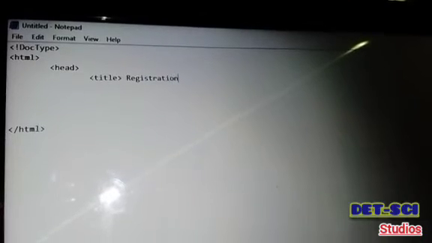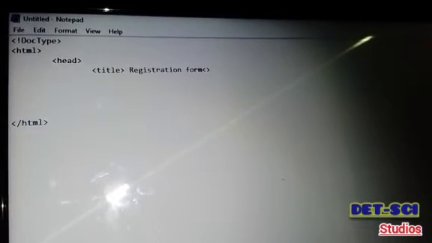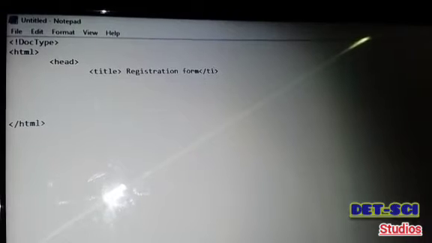Right inside the head, you can put title. Right in between the title, this one is registration form. Then we close the title tag,